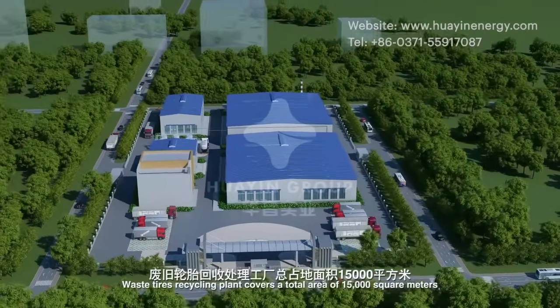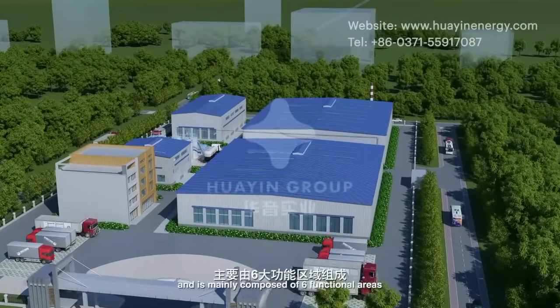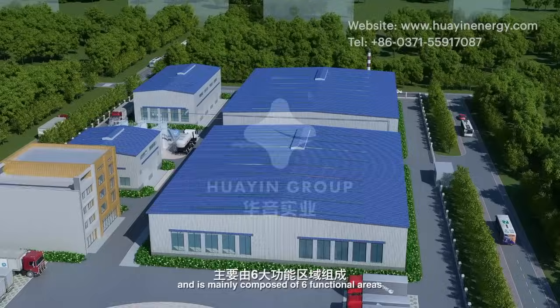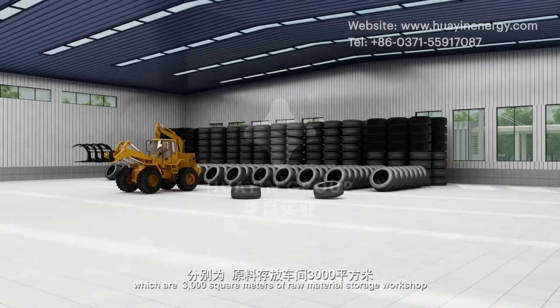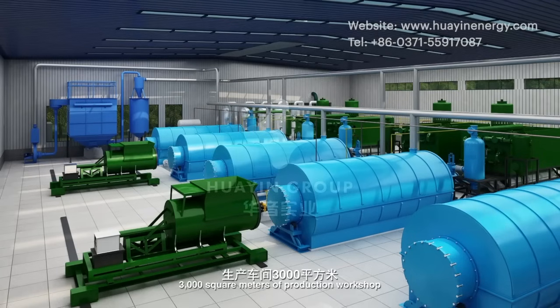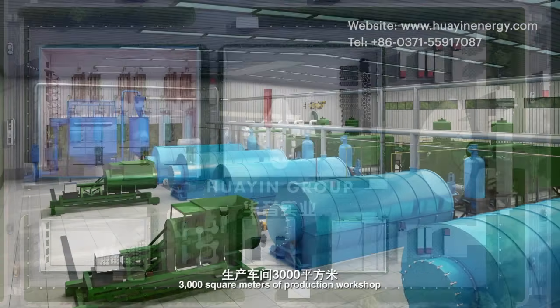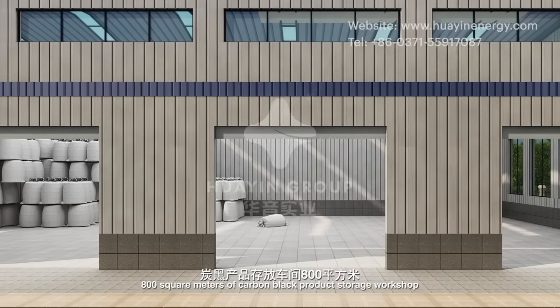Waste Tyre's recycling plant covers a total area of 15,000 square meters and is mainly composed of 6 functional areas, which are 3,000 square meters of raw material storage workshop, 3,000 square meters of production workshop, 800 square meters of carbon black product storage workshop,